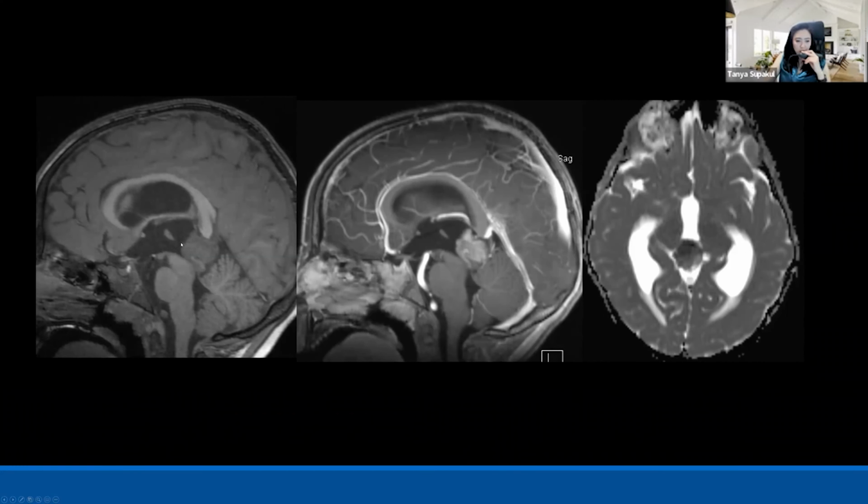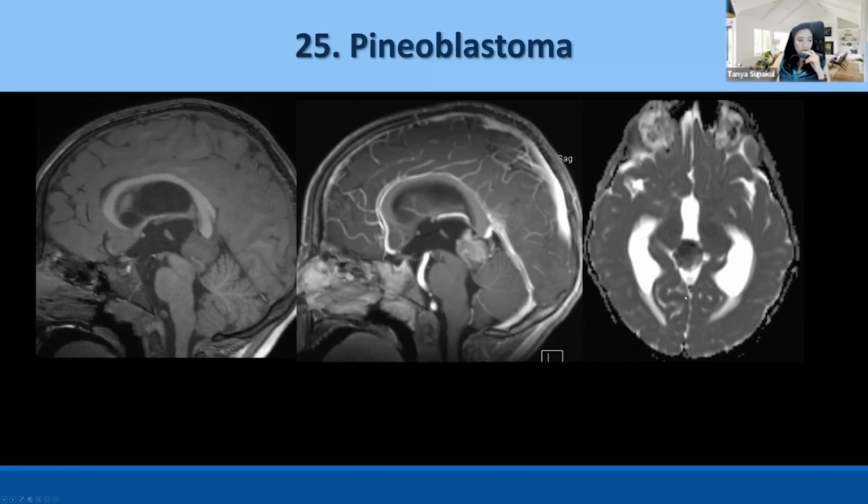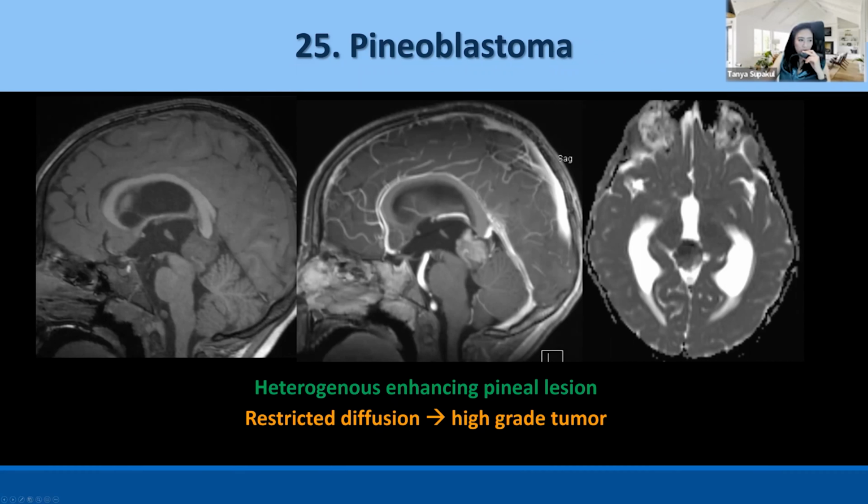Another patient, a relatively young patient. Sagittal T1 in the pineal area, there is some soft tissue lesion showing heterogeneous contrast enhancement, and maybe extending to the cerebral aqueduct, maybe some obstruction, and you can see bowing of the corpus callosum. On the ADC image, it shows decreased signal here. So this means some high cellularity tumor, but in a very young patient. So this turned out to be a pineoblastoma. I mean, if you don't tell me the age group of this patient, it's going to be very difficult to call this germinoma or pineoblastoma, but the age group is very helpful.